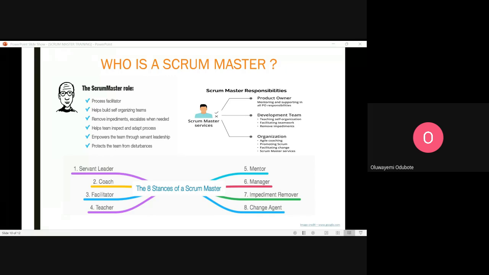Do we have any feedback from anybody in the house? Remember, to be a Scrum Master you must be courageous. Feel comfortable to speak out. Feel comfortable to drop comments. You need to start practicing courage. Even if you want to be a product manager, you can't be timid and be doing products.